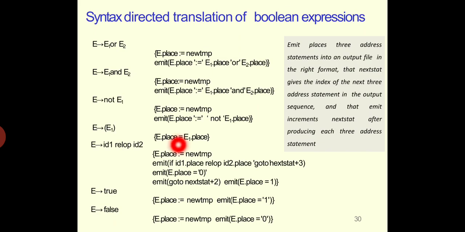Then in the case of E within a bracket, E dot place equal to E1 dot place. In the case of ID1 rel op ID2, that means if it is occurring within a flow of control statement, E dot place equal to new temp, emit if ID1 dot place rel op ID2 dot place go to next stat plus 3. So here when we consider the previous example,